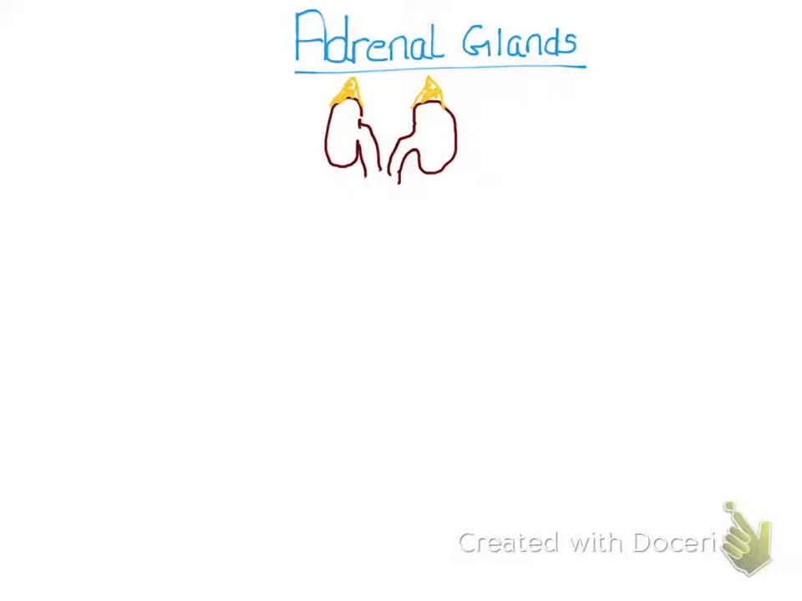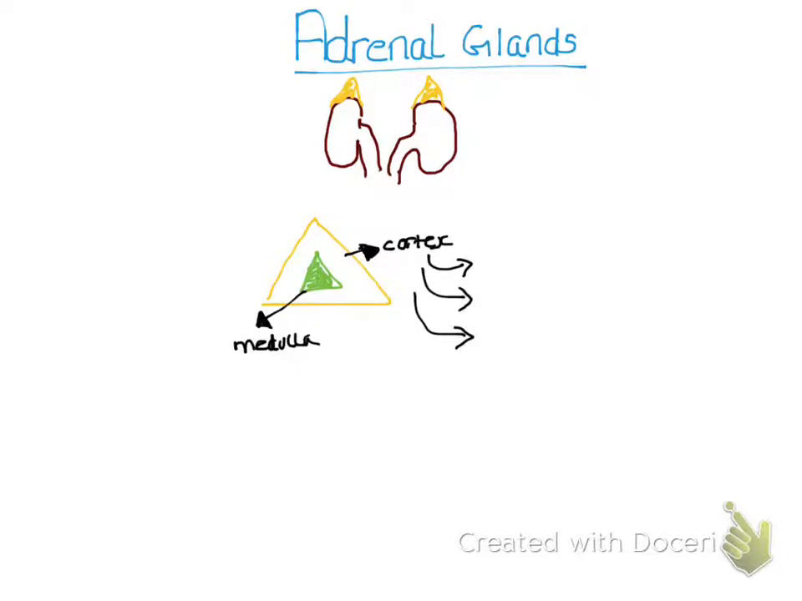They are situated at the level of the 12th thoracic vertebra, and they are anatomically divided into two separate areas, an outer cortex and an inner medulla. The outer cortex is involved in the production of mineralocorticoids, glucocorticoids and androgens, whereas the inner medulla is involved in the production of catecholamines. The cortex is further divided into three areas, so these can be remembered with the mnemonic